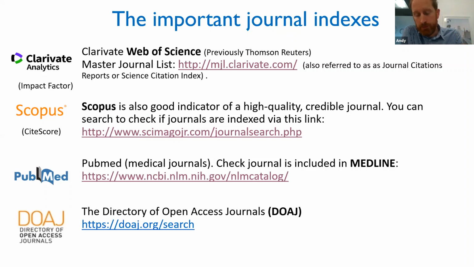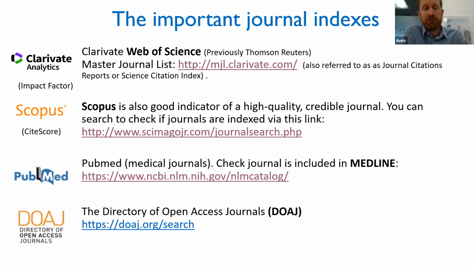But if you want to publish in a journal which is advertising they're indexed in these databases, then it's important to go and check that they actually are indexed there, particularly when you find a journal which advertises that it has an impact factor. Now, I'm not going to go too much into depth about what an impact factor is. I'll mention that in just a moment.